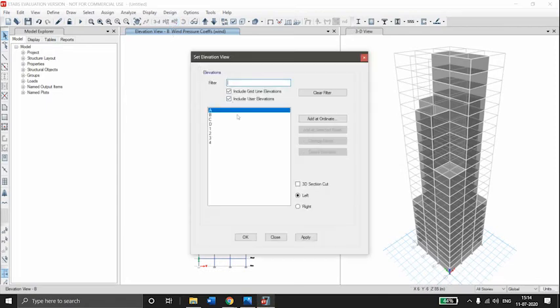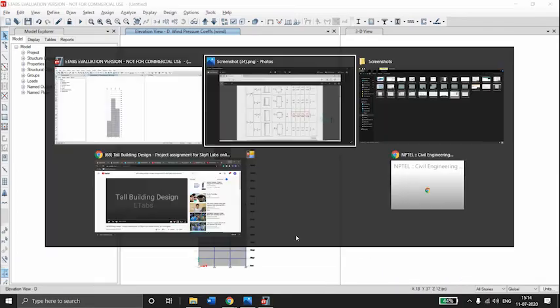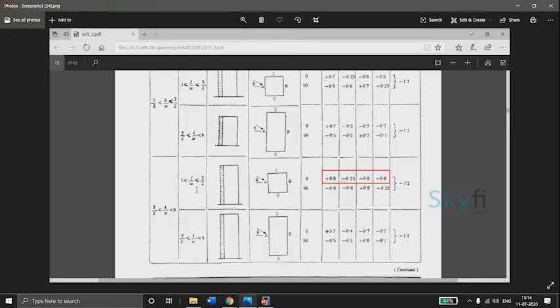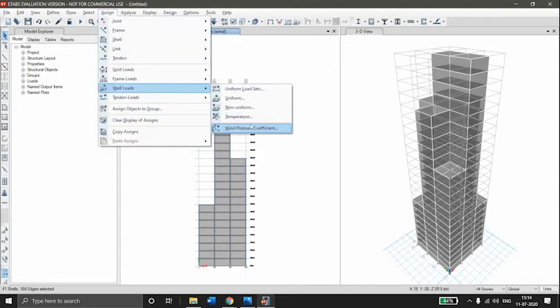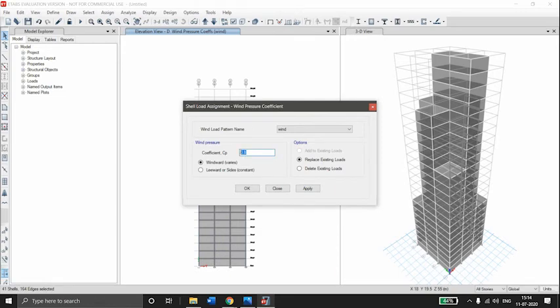Now for elevation D. The leeward coefficient is minus 0.25. So select the claddings. Go to assign shell loads, uniform pressure coefficient.